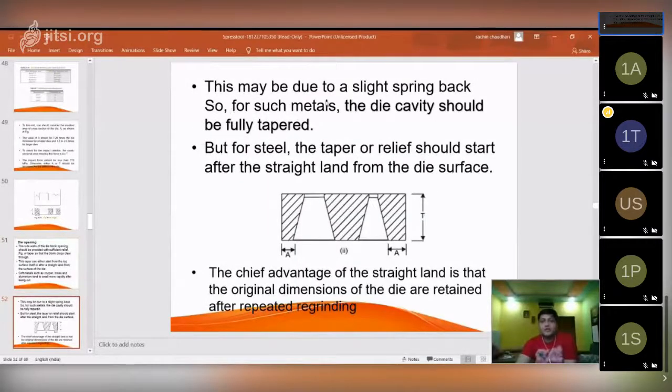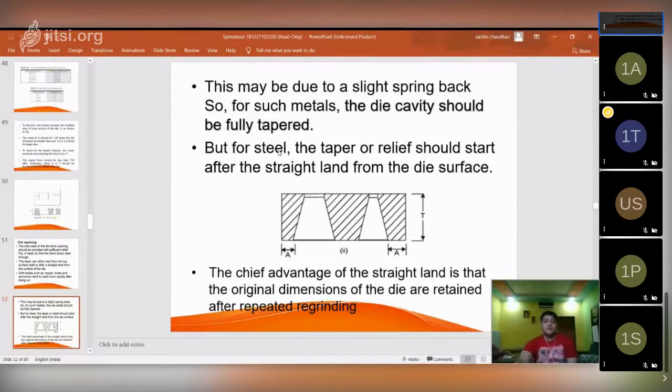So this may be due to the slight spring back, because it is a cutting operation and we are using sheet metal, and due to the ductility, whatever sheet metal is cut tries to bring its original position. Okay, so for that purpose the die cavity should be fully tapered from the top end.